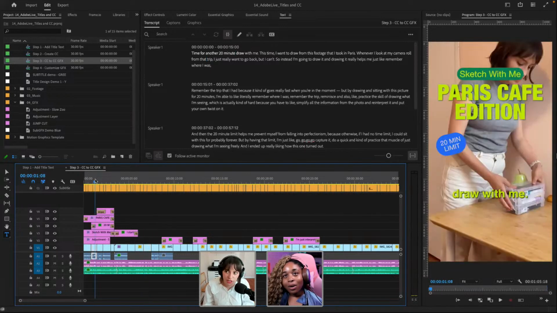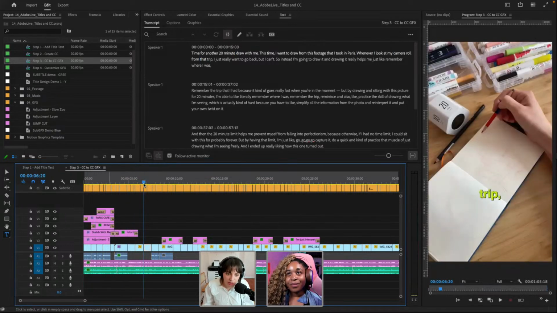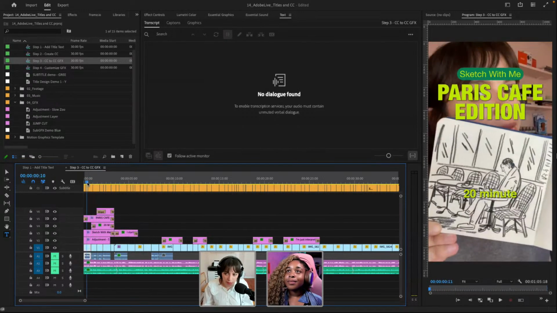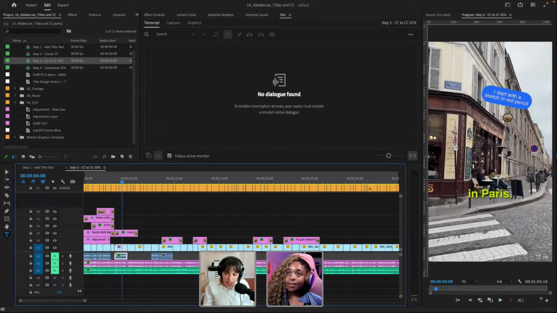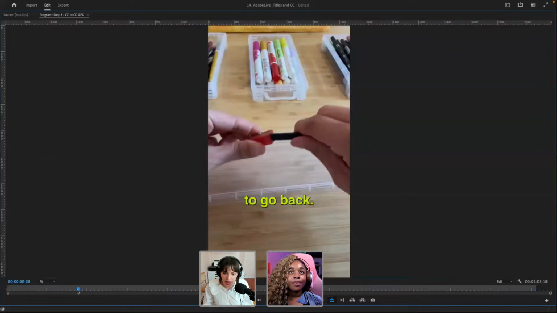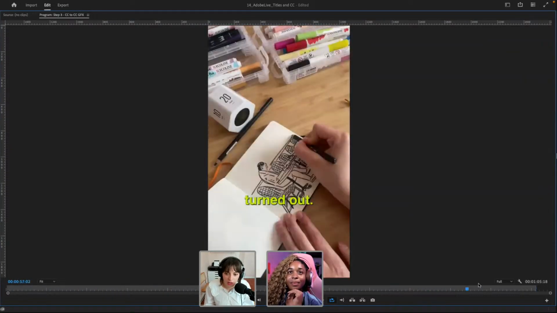So here's one I made earlier. I generated it earlier using those same settings. You can see I have music here too. I'm going to mute all the audio so it's easier to understand what's happening. But you can see that I have the captions right here. Let me make this a little bigger. Here we go. So you can see I have the closed captioning playing the entire way through,